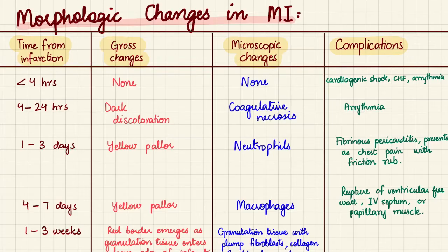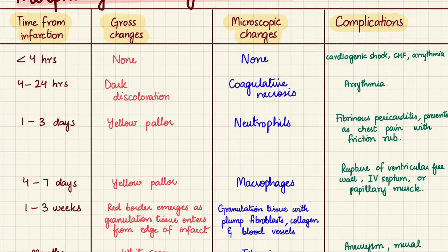Now let's see some morphologic changes that we get to see post-MI. Now, less than 4 hours after an infarction, there are no gross or microscopic changes, and the complications can include cardiogenic shock, because the heart might not be able to pump that effectively, CHF, congestive heart failure, because of the same reason, and arrhythmia, as we previously saw how the damaged part of the heart was acting a little funny regarding the action potentials,